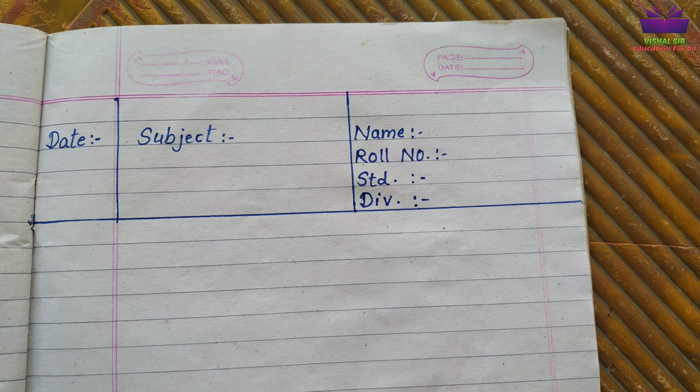Okay. Subject, you have to write whichever subject it is. Name, you have to write your name, first name and surname. Roll number, you have to write in 4 digits. I hope you know your 4 digit roll number. If not, you can ask your class teacher. And then standard and division. Like this you have to write on that foolscap sheet, and after that, below it, you can start writing the answers of your paper. Okay.